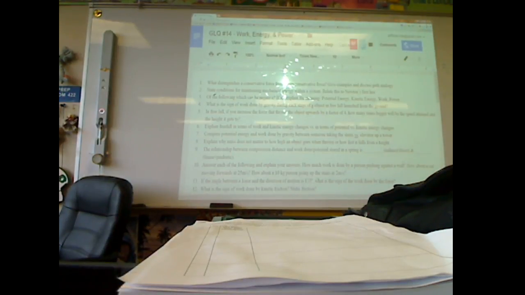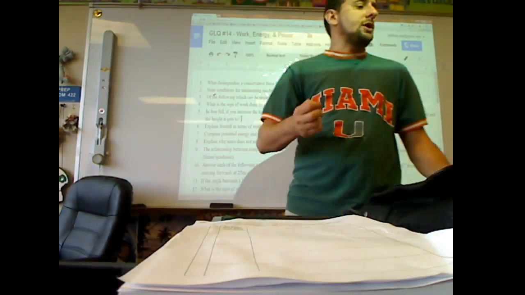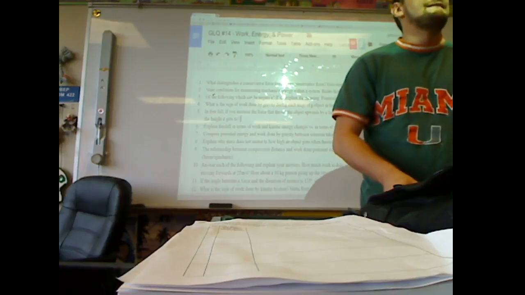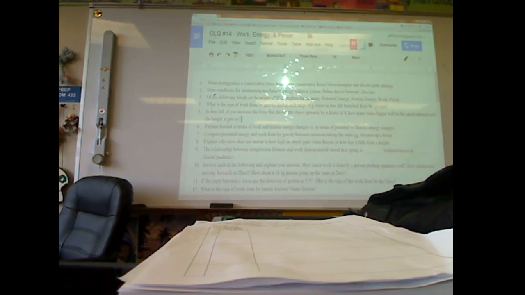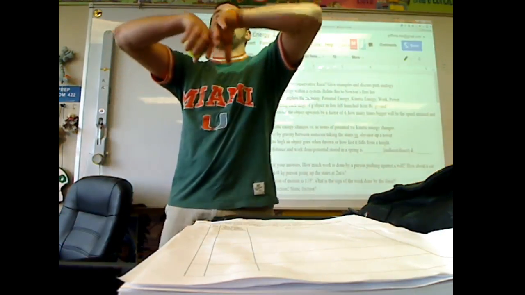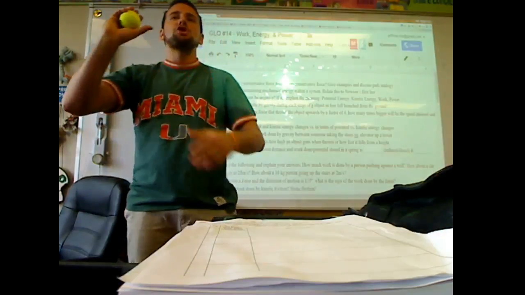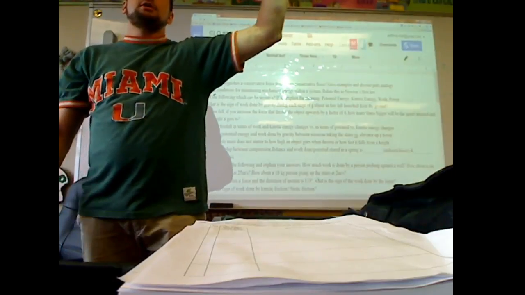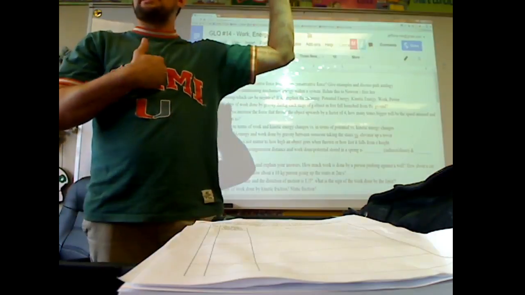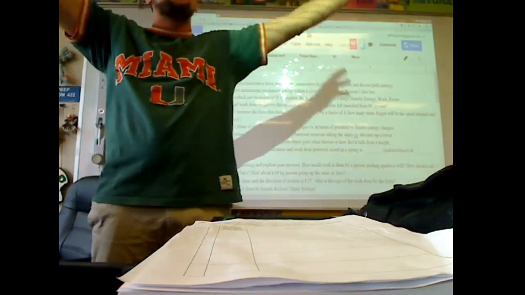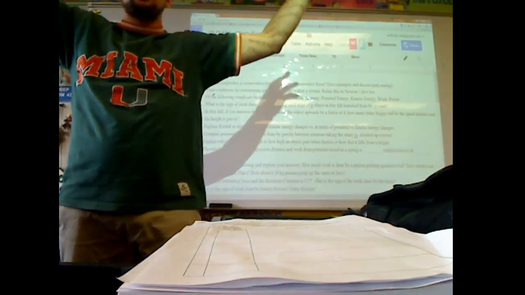Alright, so then I talked about this before the quiz. A conservative force is a force that can be reversed, or that doesn't change the mechanical energy of a system. So, for example, if I'm pushing this ball, yes, the object is gaining kinetic energy. Well, that means I'm losing potential. Does that make sense? So that force is not changing the total mechanical energy of the system in question, right?